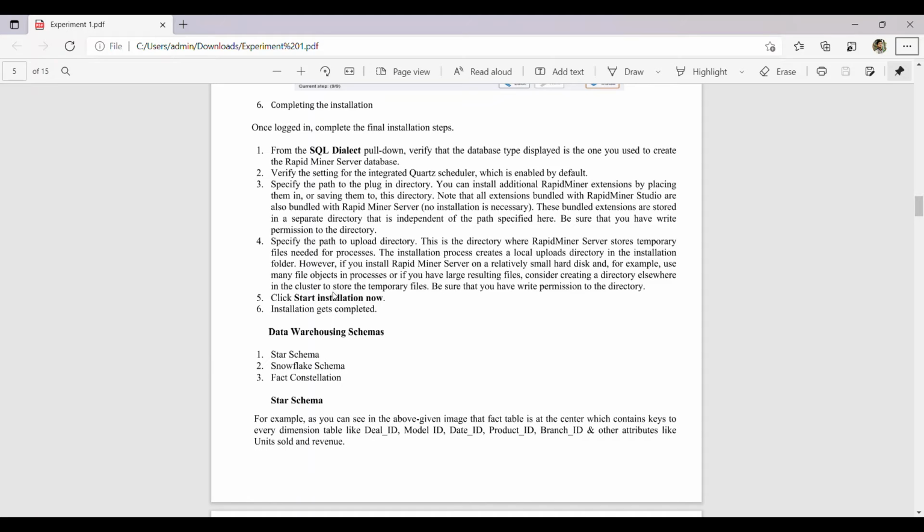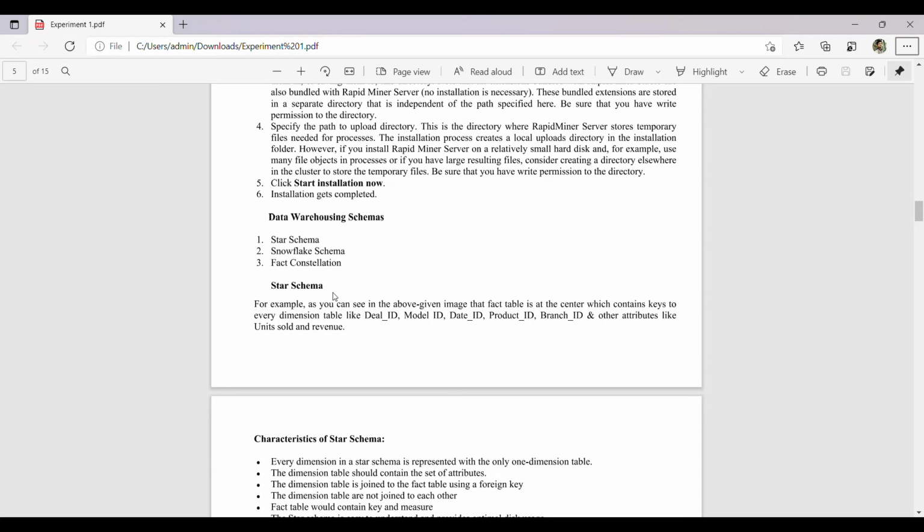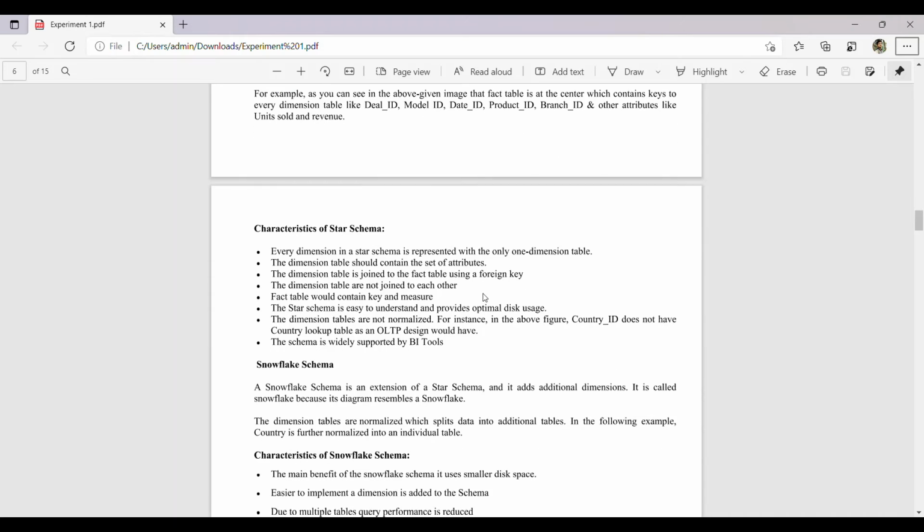Now we will see about data warehousing schemas. First, star schema, snowflake schema, and fact constellation. Star schema is, for example, as you can see in the image given above, that the fact table is at the center, which contains keys to every dimension table like deal_id, model_id, date_id, product_id, branch_id, and other attributes like units sold and revenue. Characteristics of a star schema: every dimension in a star schema is represented with only one dimension table.